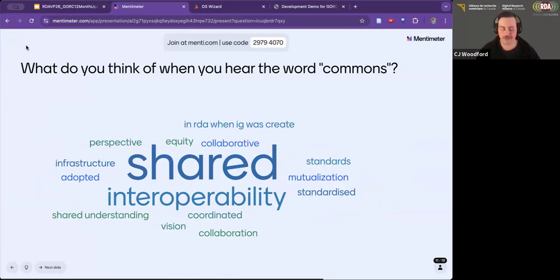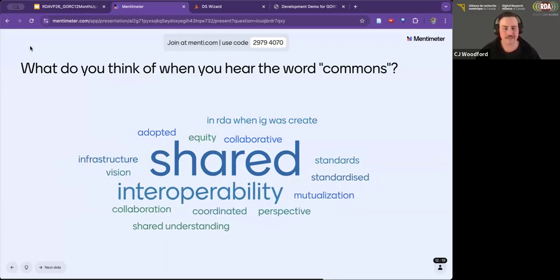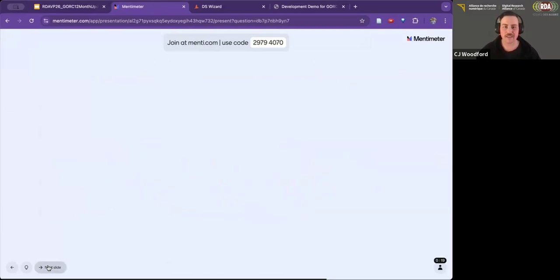Mutualization. I don't even think I've seen that word before. So thank you for adding that to my vocabulary. I appreciate it. Equity. I really like that one. Thank you. All right, so it looks like we're kind of stabilizing around shared, interoperability, lots of things about standards and collaboration. Thank you for this. It's great.